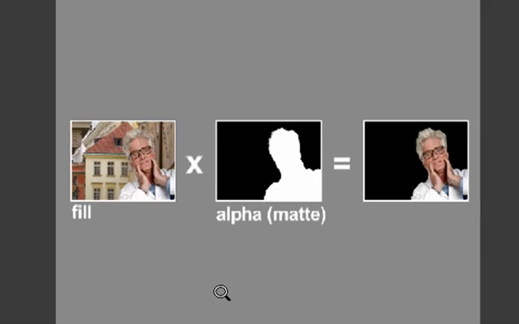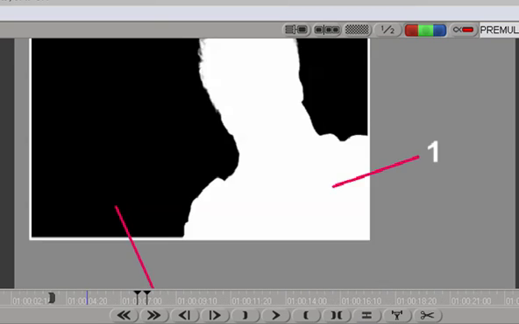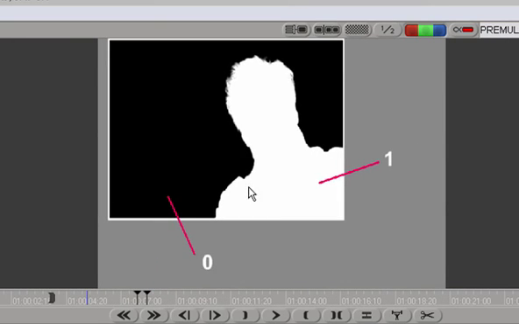This image is something that we normally refer to as non-premultiplied or straight alpha image. This image here, where the scientist is cut out from the background, is called a premultiplied image, and the alpha channel is the same. The reason why this is called premultiplied, what happens, if I zoom this in so you can see it a little better, when you multiply our original image with the alpha channel, you get something like this. And when I'm saying multiply, I literally mean mathematical multiplication, where the black value is 0 and the white